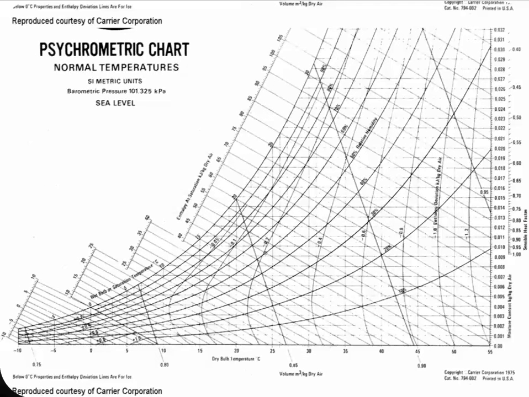In this diagram, this is a psychometric chart. You can see the vertical lines are the dry bulb temperature. The horizontal lines are humidity ratio or dew point temperature. The slanting lines are wet bulb temperature, and the enthalpy and specific volume are the slanted lines, by which we are able to get different values at a given temperature and humidity ratio.